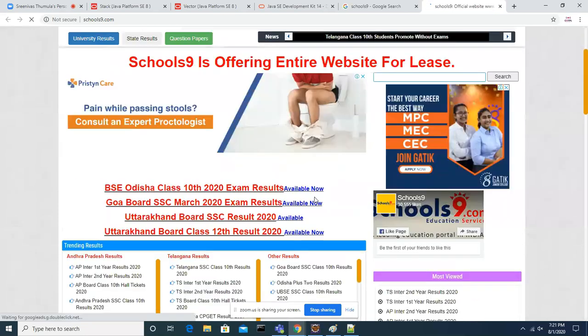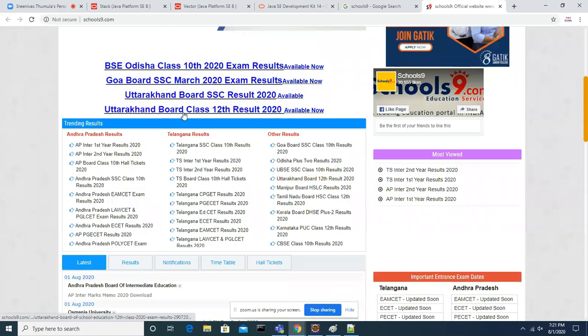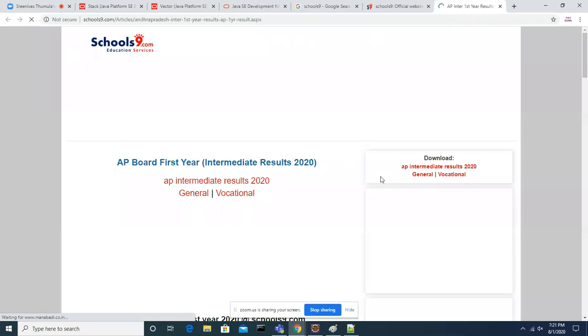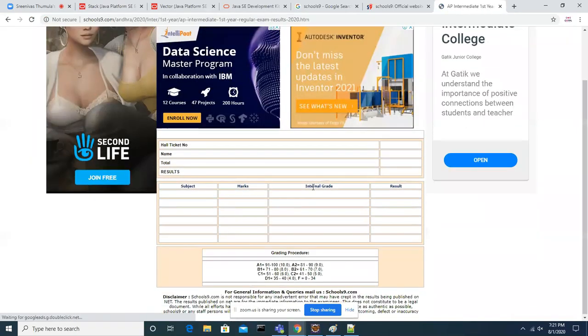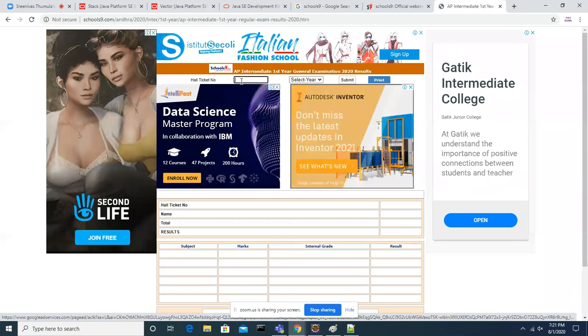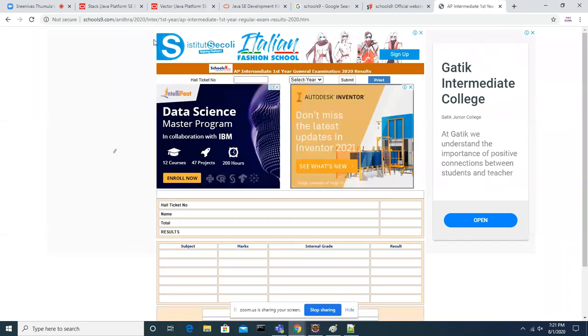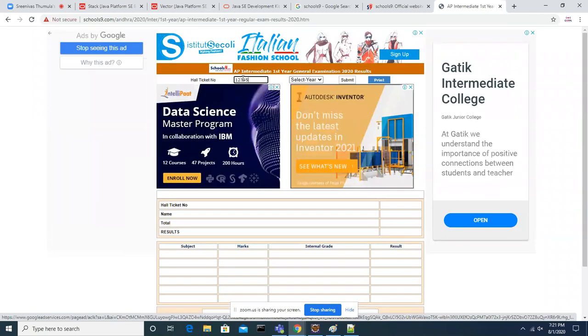Let's say the latest result is the AP inter first year result. You will enter the hall ticket number here. Let's say the result is open at 10 o'clock, and everybody will come to this website and try to access it.